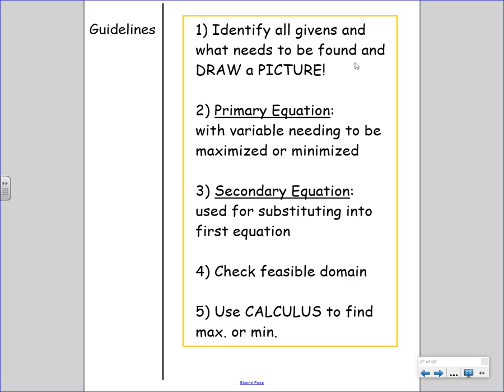Kiddos, I want you to still summarize these steps really quickly, just because we didn't make a forever card out of optimization. Every year I kind of am like, should I not? There's only so many I can make, because there's only 50 cards in the pack, and only so much that your brains can hold. And I think the optimization problems that show up in college calculus classes are not necessarily what's on the AP. The AP literally just wants you to find the maximum or the minimum, maybe absolute, maybe relative, and I figure we have forever cards for absolute and relative. So we do optimization,